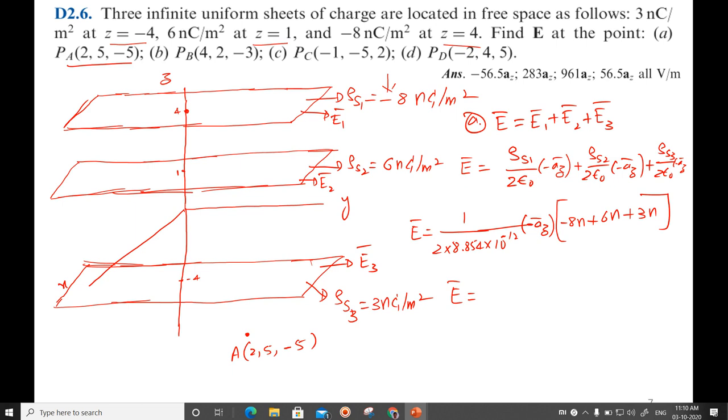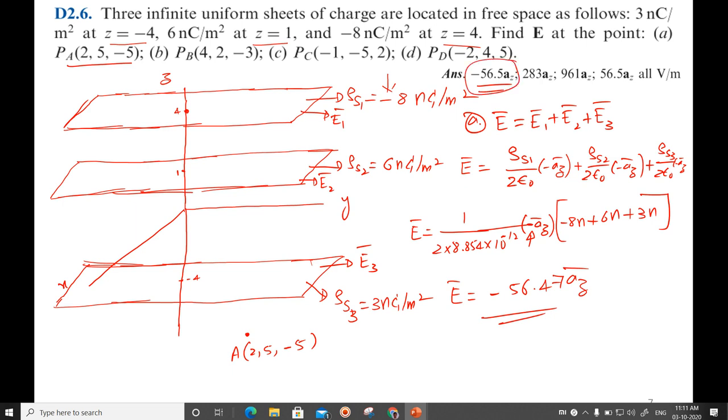This minus sign should be taken care of. So I will take it later. I am getting 56, so this minus I will write first. Minus 56.47 az. Yes, you can observe the answer. It is minus 56.5 az. It is correct, right? I hope you understood this.